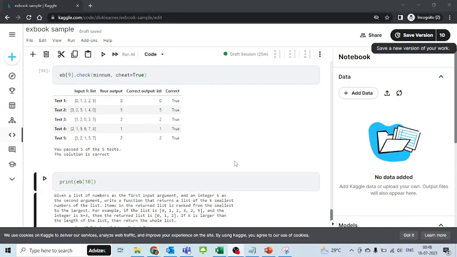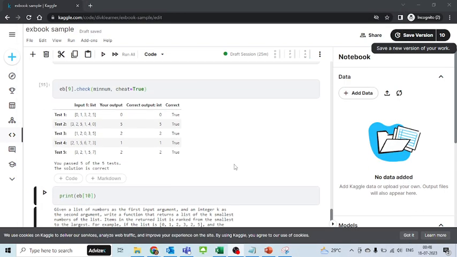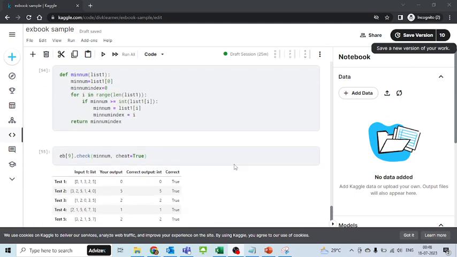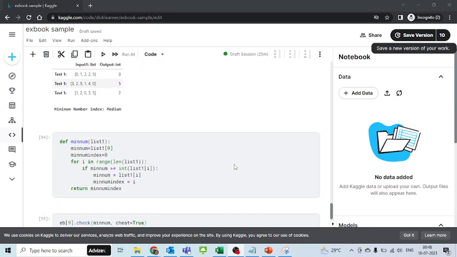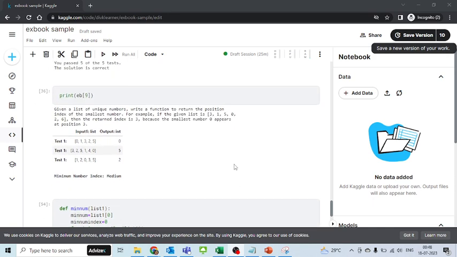So just coming back to Kaggle again. Yesterday we talked about example number 10, and in example number 10 we saw that it is asking us to find the smallest number in the list. They say that you will be given a list, and from that list you have to find the smallest number. For example, if you see in the example, it returns 3 because that is the index number